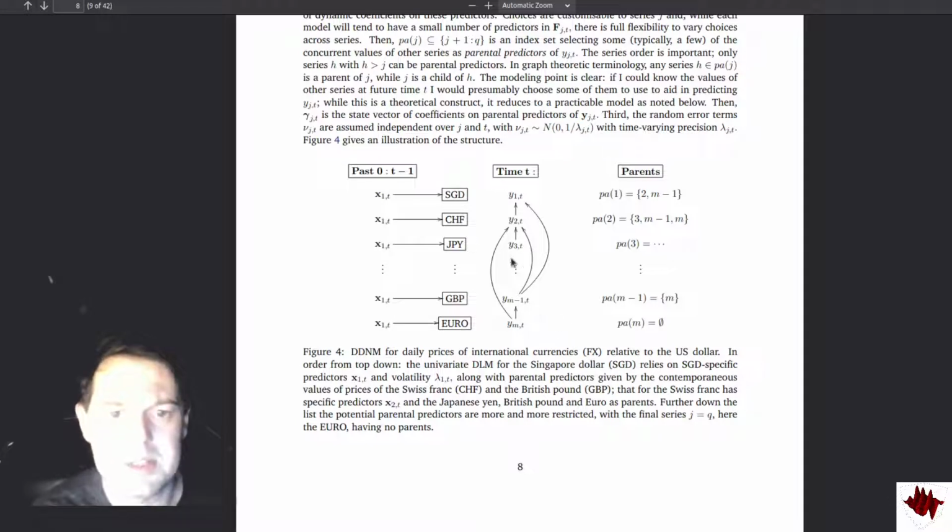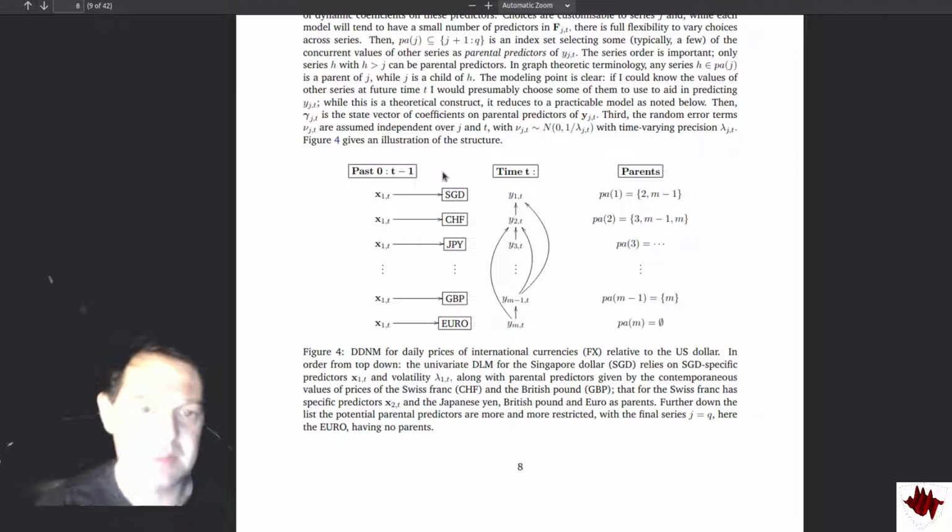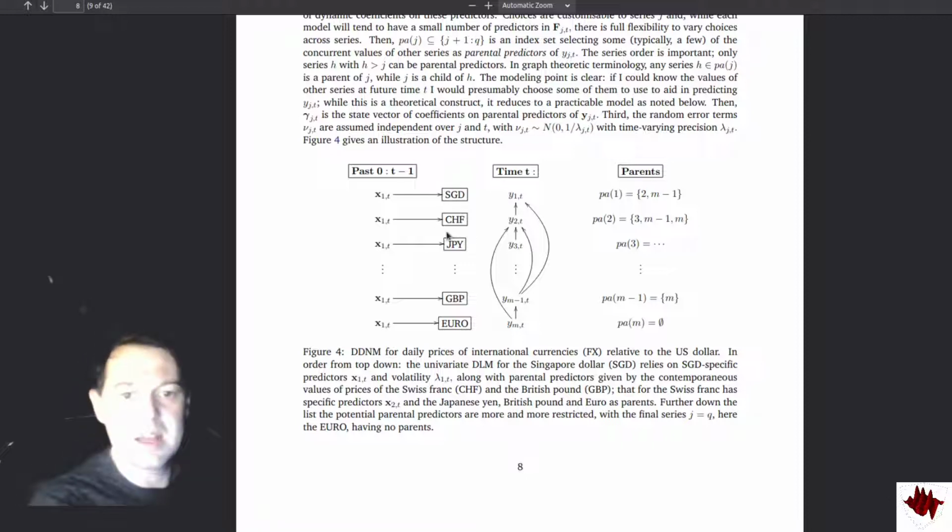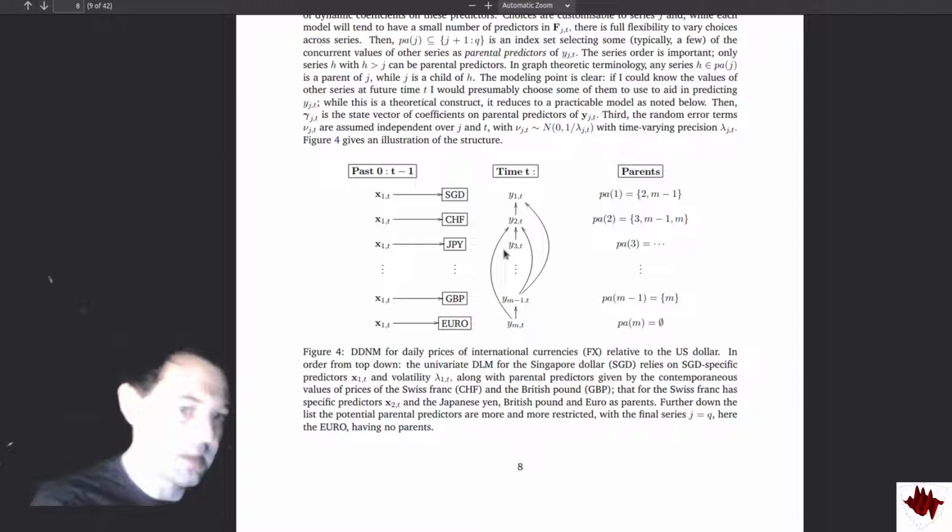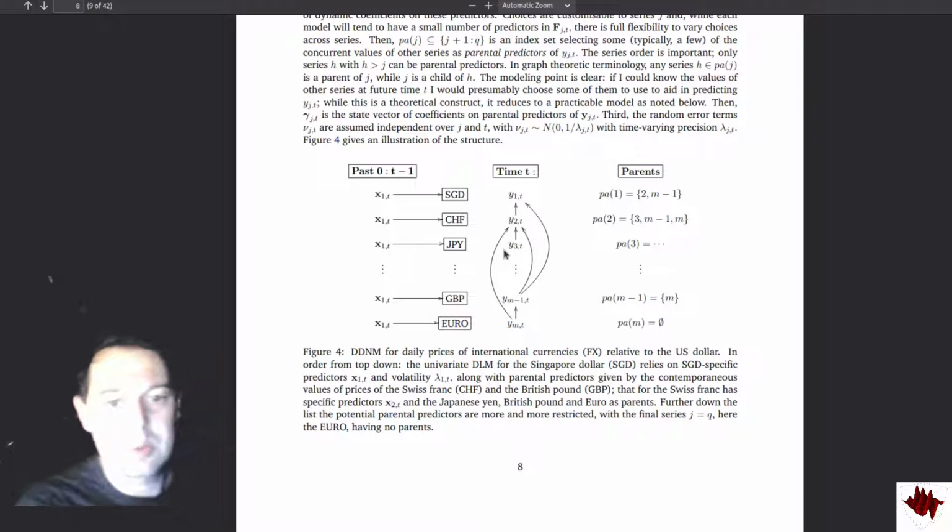So what they offer here is an example where you're trying to predict Singapore dollars at time t minus 1. The value is highly influential, but to get that one, it's maybe based on the one before it, but it also might be related to Swiss francs, Japanese yen, British pound, the euro, these kinds of things. So there's a dynamic model which allows linkages not just between certain variables, like a multivariate model going back in time at different horizons, but also with different lists of dependencies.